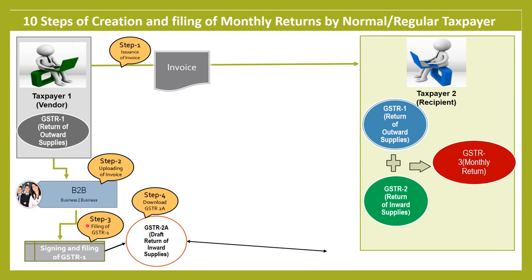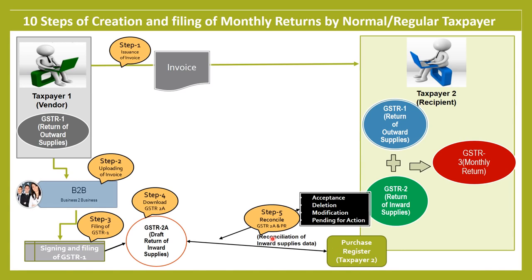Step 4 is that once these details are signed and filed by the vendor, these are downloadable and available to the taxpayer 2 for the purpose of reconciliation with the purchase register of taxpayer 2. Once he does the reconciliation, step 5 is to mark the flags of acceptance, deletion, modification or pending for action as the case may be, and to send it back to the